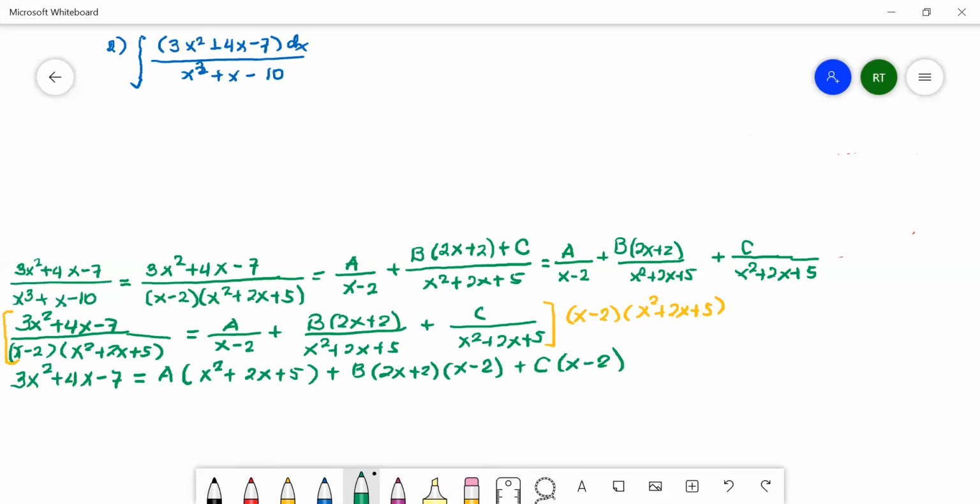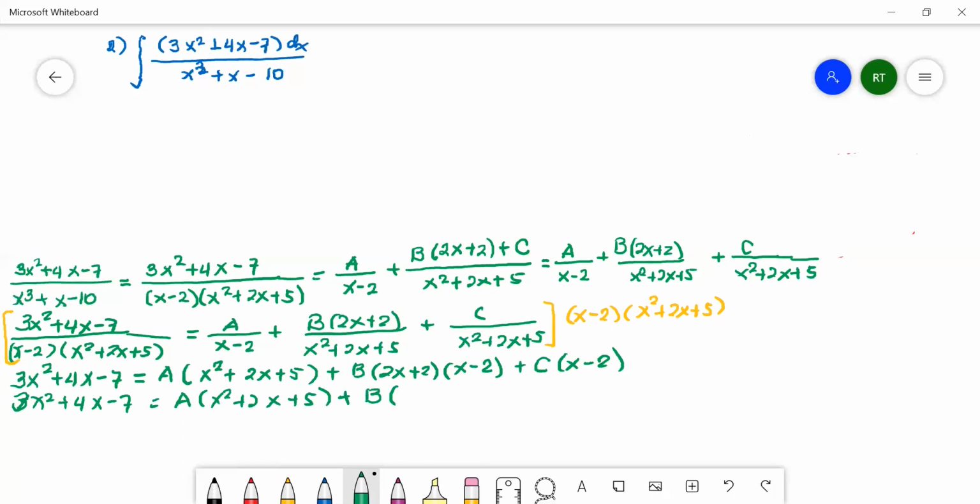Okay, let us write this also in the expanded form, since we will be using this in the second method of finding the constants a, b, and c, which is equating coefficients of x to the n. So we will have 3x squared plus 4x minus 7 is equal to a times the quantity x squared plus 2x plus 5, plus b times,